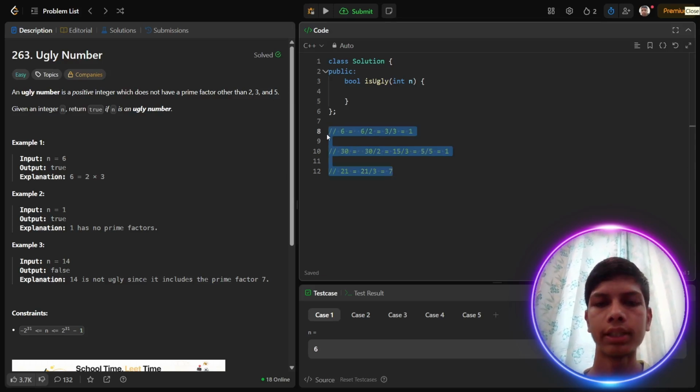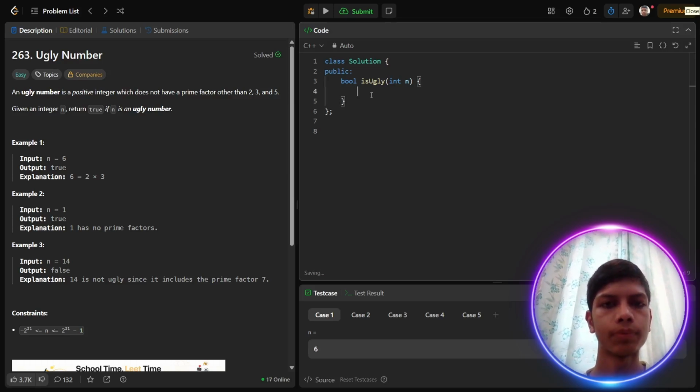So its code is very simple. What we will do is, first, while my n is divisible by 2, divide it by 2. Simple. Then we will check that if it is not divisible by 2, then it will be divisible by 3, so divide it by 3.